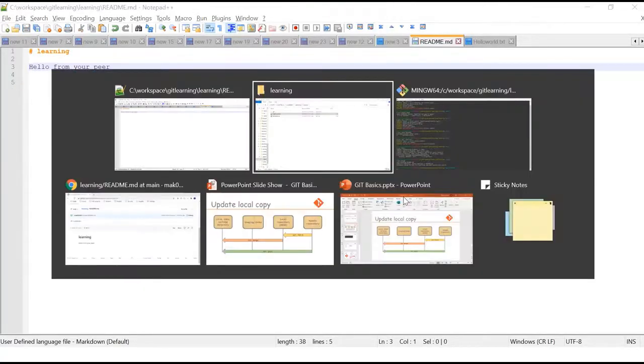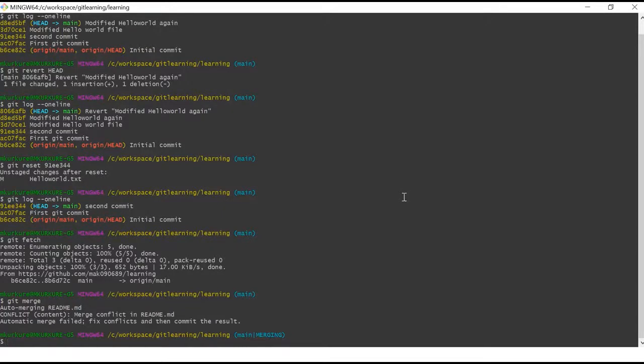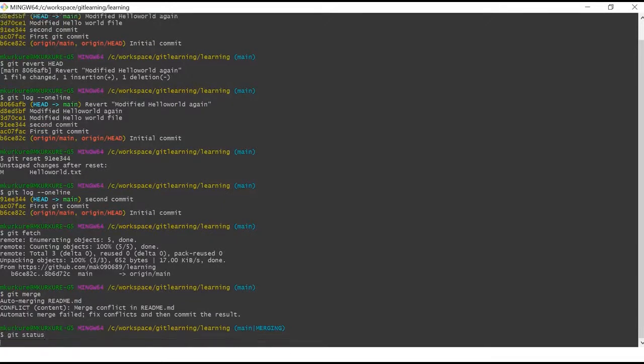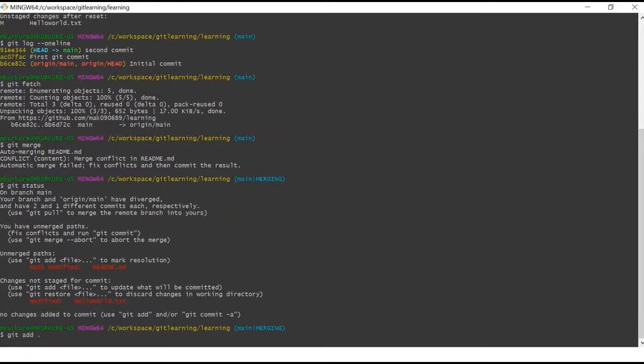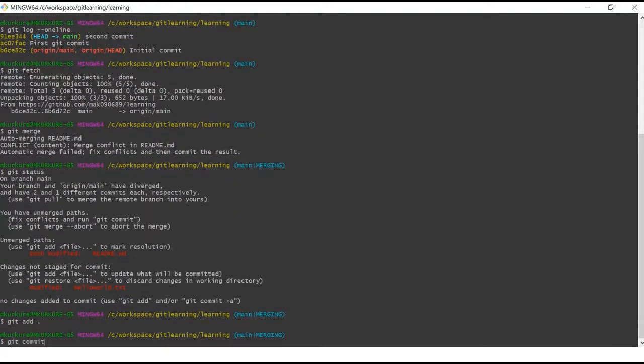Now let's go back to our git, and we can see here what has happened, right? So we have these two files which are modified. You can do git add and git commit.